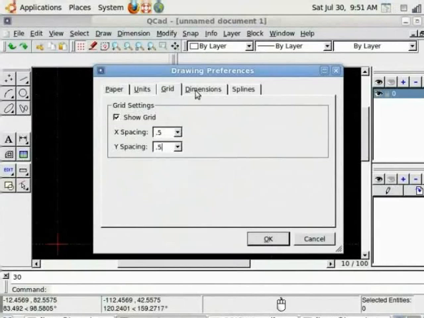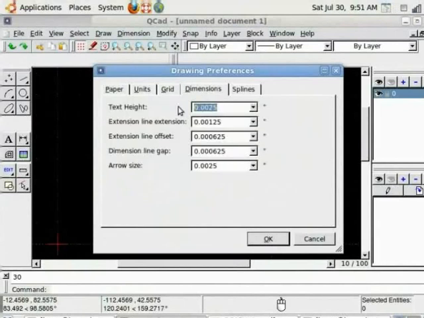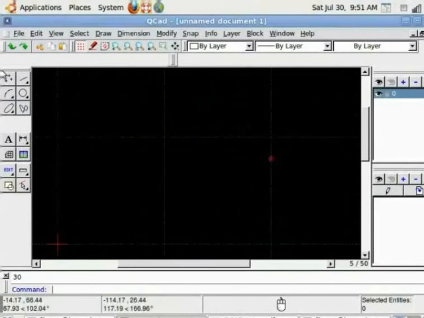Dimensions are useful when you want to start dimensioning on the drawing. Extension line, text height, all these points matter when you want to show the text height. If you think the text height or the line or the arrow is too small, you can always come back and visit this area later. I'm just setting some things now. After you are done, click OK. It's better to save the drawing before we start.